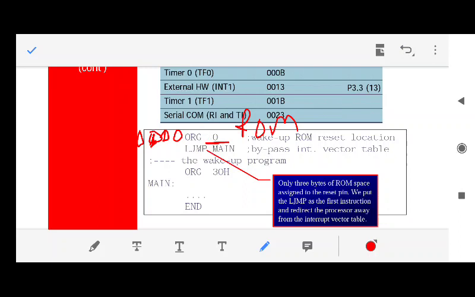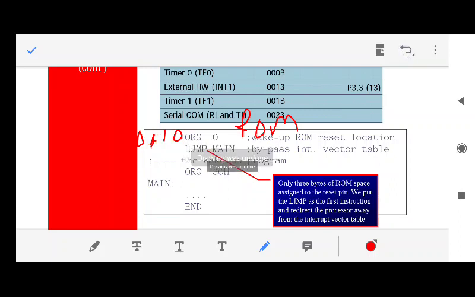So what is the address? Address is 0, that means 0000. So this is the first line of the ROM. What is written here? It is written that it is starting at 0. Fine. Address 0. Then the next line is LJMP main. What is LJMP main? LJMP main means now you go to your main program. Main program is whatever program is currently being executed, currently being loaded into ROM, your own program. You go to that program. Why is this line written here? I'll tell you.